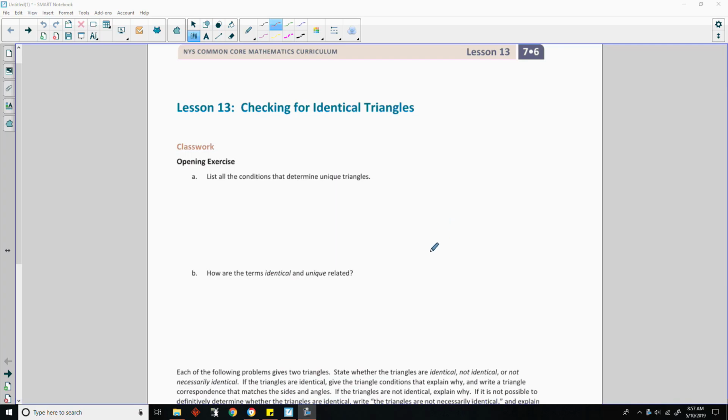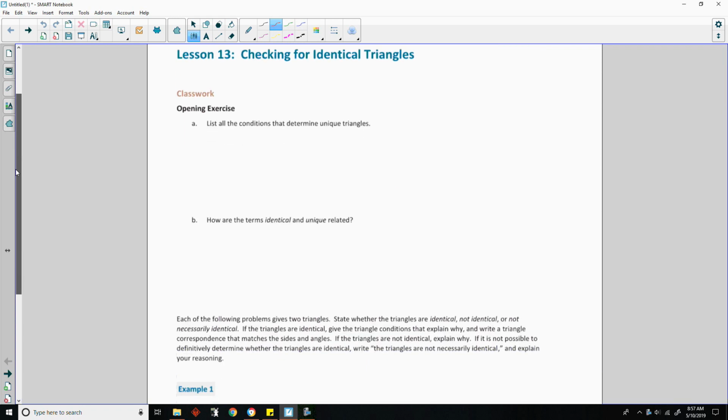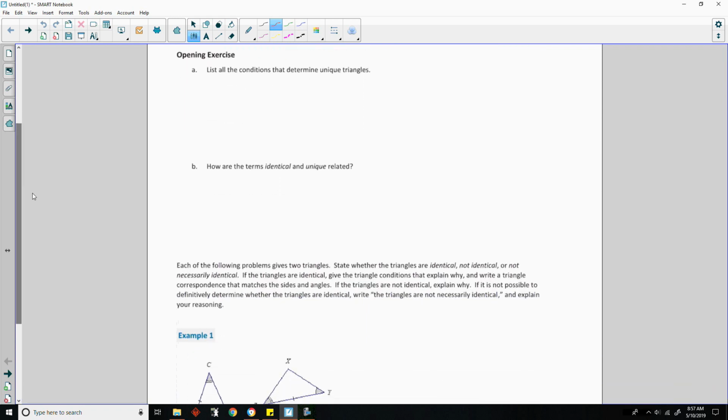Welcome to Lesson 13, Checking for Identical Triangles. Okay, opening exercise. List all the conditions that determine unique triangles. So what they're talking about is angle construction and what do we need to guarantee that two triangles are